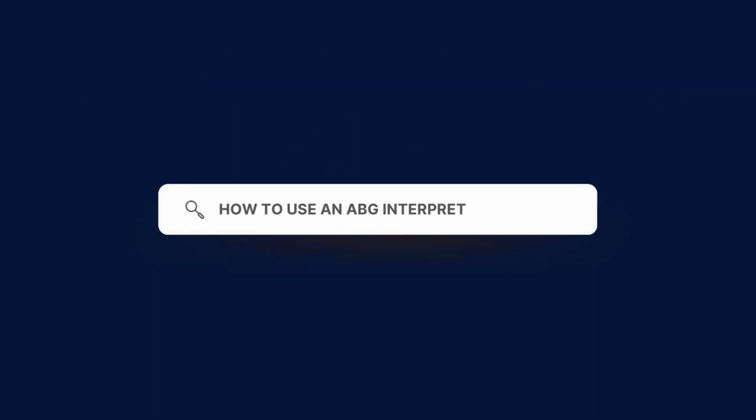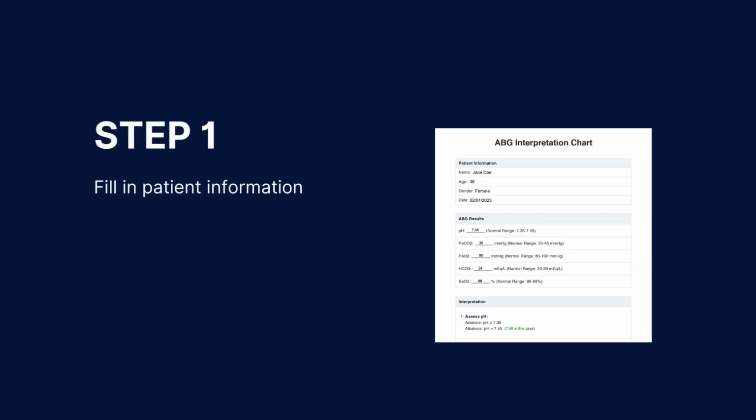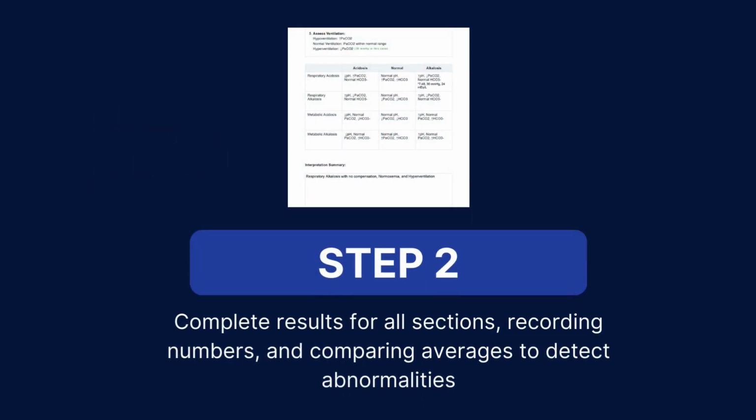Here's how to use an ABG interpretation chart. The first step is to fill in the patient information at the top. You will then need to complete results for all sections by recording numbers and comparing averages to detect the abnormalities,